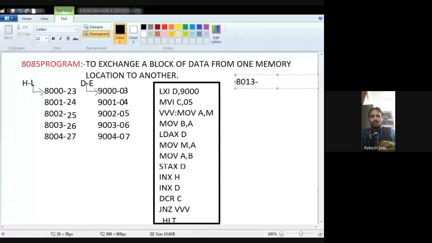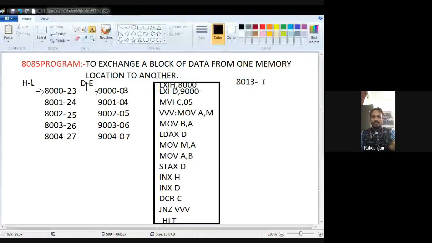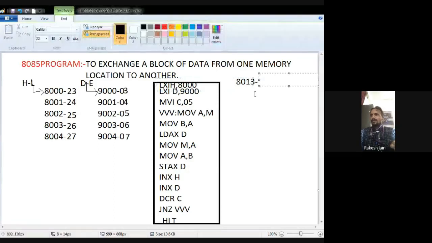LXI D code is 11, LXI H code is 21. There one step is missing, that is LXI H. So 8013 will hold the code of LXI H, that is 21.